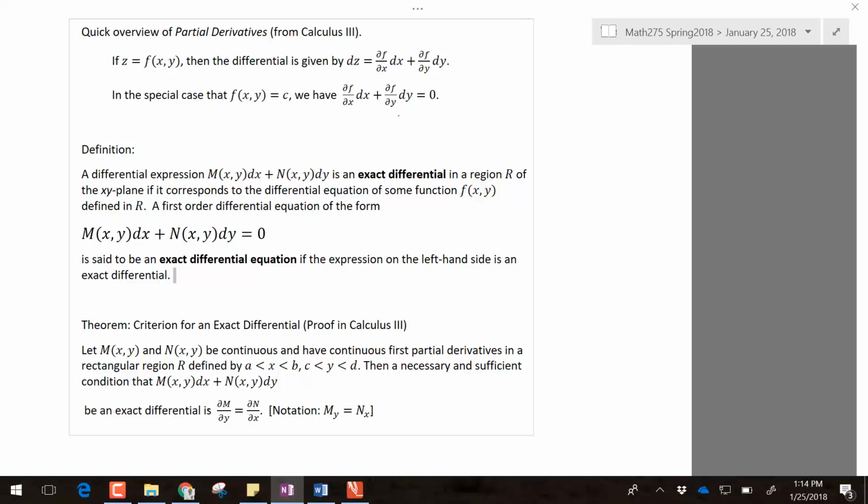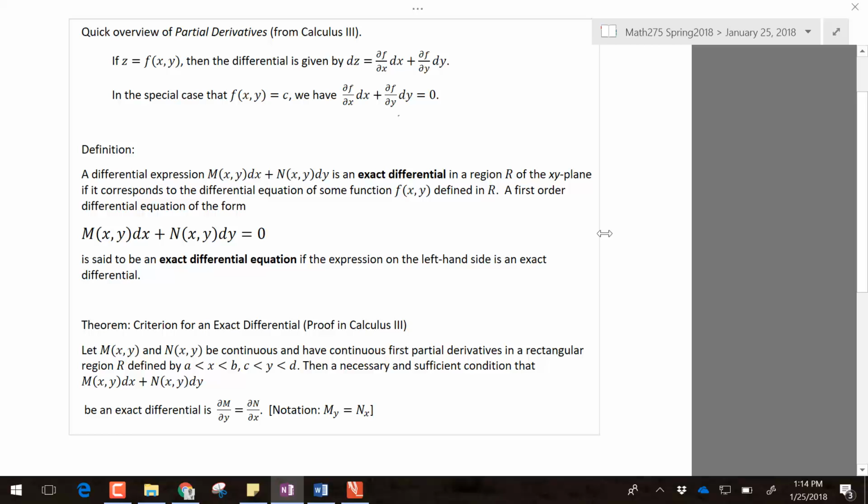If you're looking at this page and hearing me say blah, blah, blah, that's okay. All you really need to know is the term exact differential equation and the criteria, and then we're going to talk about how to solve for it. We don't need any Calc 3 stuff. So let's take a look at some examples and see if we can jump in and solve for some